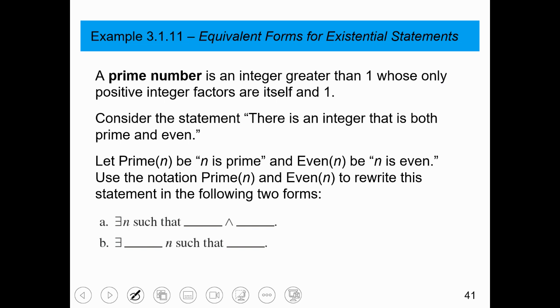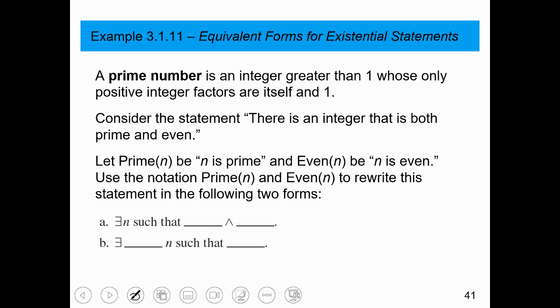A prime number is an integer greater than 1 whose only positive integer factors are itself and 1. Consider the statement, there's an integer that is both prime and even. Let prime of n be n is prime, and even of n be n is even. Use the notation prime of n and even of n to rewrite this statement in the following two forms. There exists an n such that,